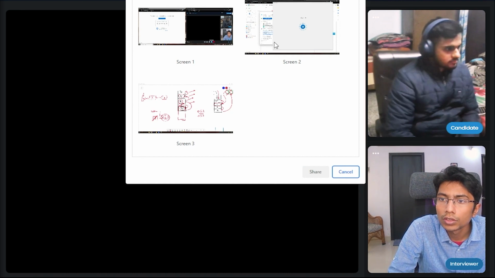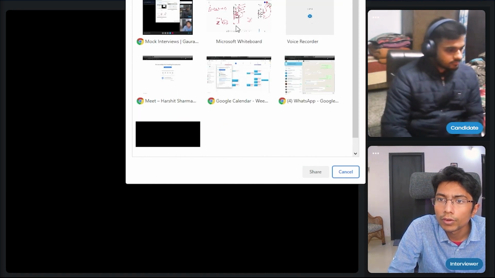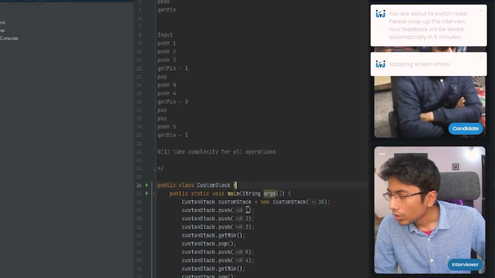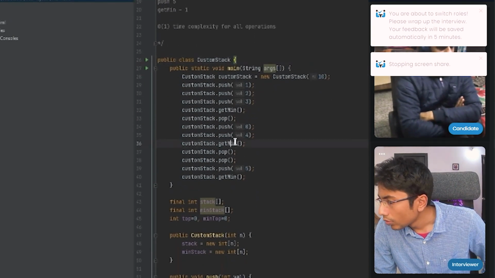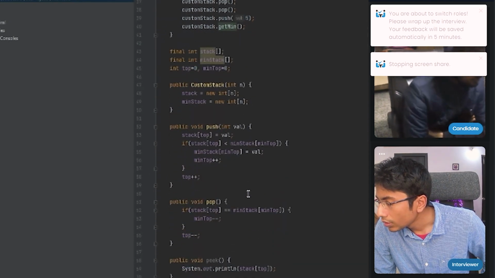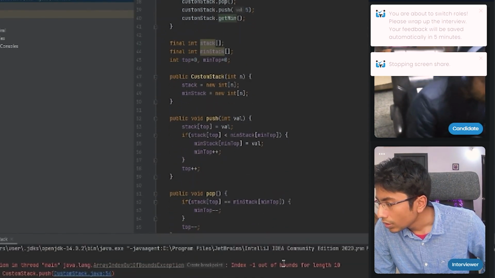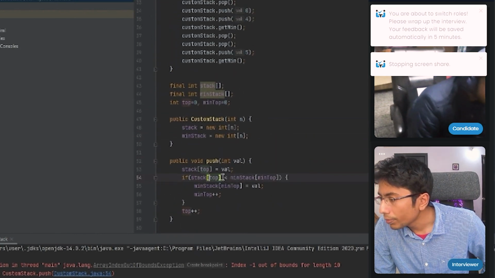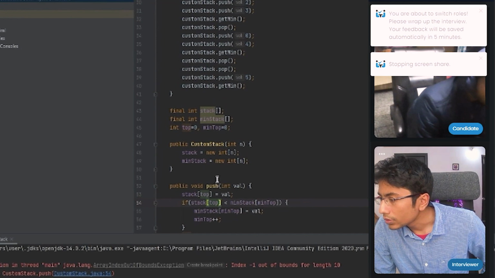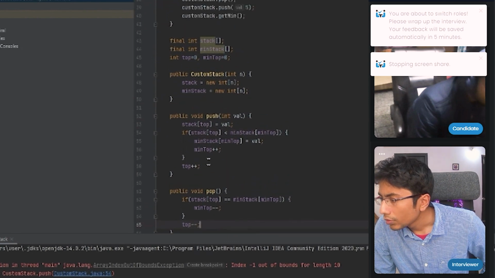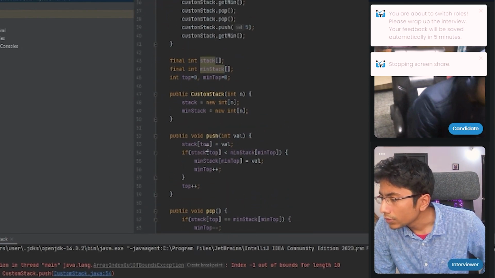Okay, I'll just share. Okay, now what's possibly going wrong here? Array index out of bounds. Okay, that's because the stack top is -1.